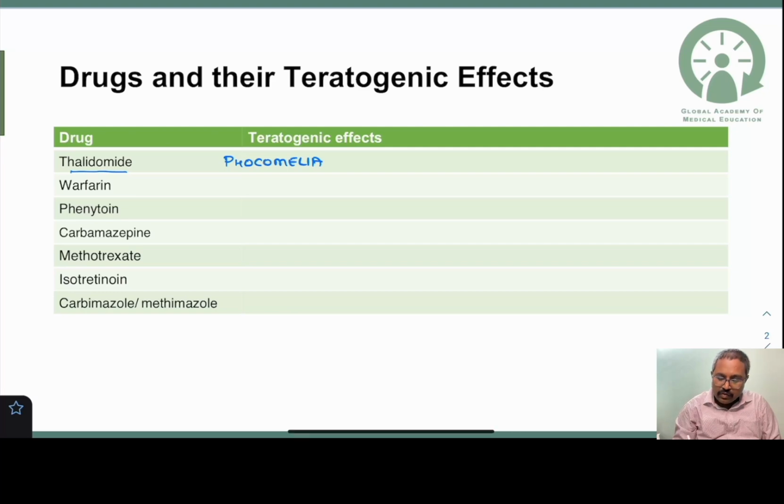Phocomelia is also called seal-like limb deformity. So in your exams, if they ask which is the drug which is going to cause phocomelia, your answer should be thalidomide. So what does warfarin cause? Warfarin will cause Contradi syndrome,